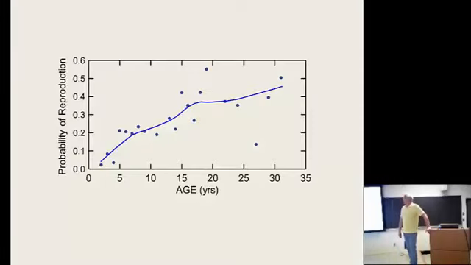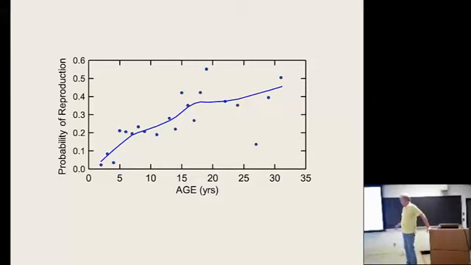What about reproduction? Okay, and this is based on those scan samples. And the scan samples include colonies whose ages we know. So they're colonies that we've studied long enough that we know what age they are. So we can look at the probability that they're going to reproduce. Again, we can't measure the amount that they reproduce, but the probability that they reproduce as a function of age. And it basically is drifting upwards. Okay.